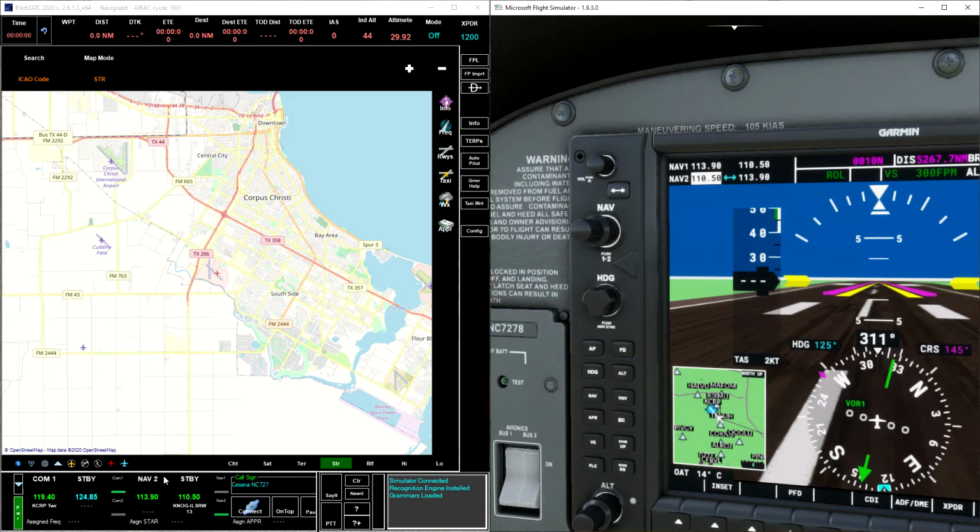And it shows over here that nav 2 is enabled, but it shows that the active is 113.90. So let's see what happens if I switch. Now it says that the active is 110.50, and that's correct. If I switch again,